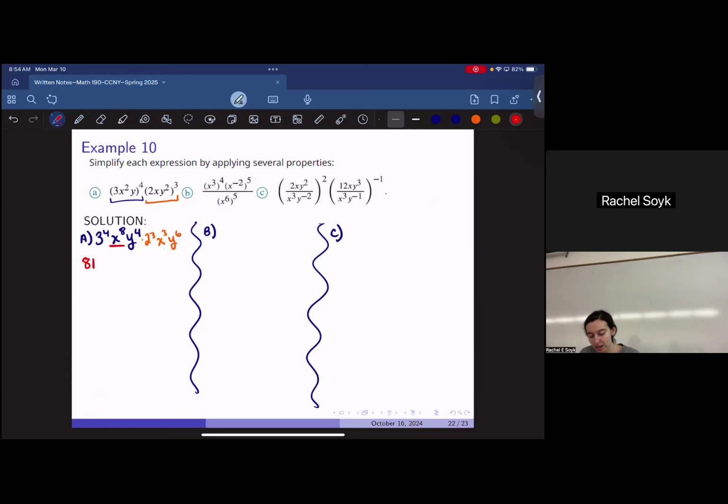Our x to the 8 and x to the 3rd becomes what? X to the, what's 8 plus 3? 11. Y to the 4th and y to the 6th becomes y to the 4 plus 6, which gives you 10. And then we have that 2 to the 3rd, which is 8. So our last step here is just multiplying 8 and 81,